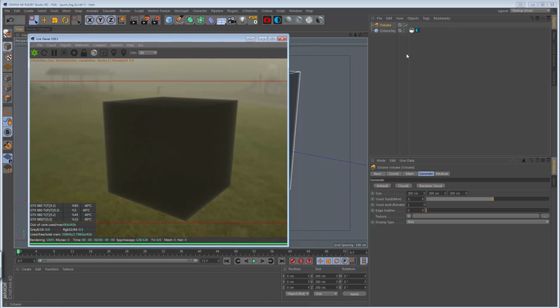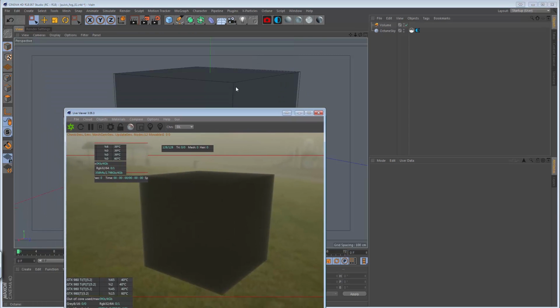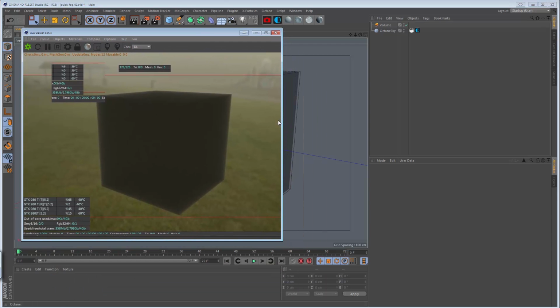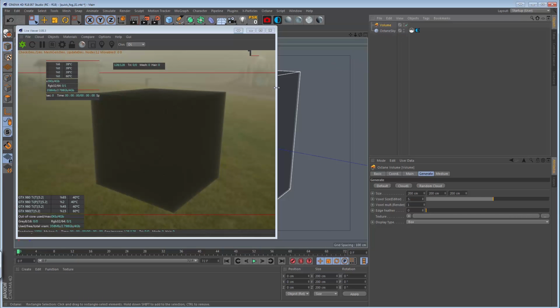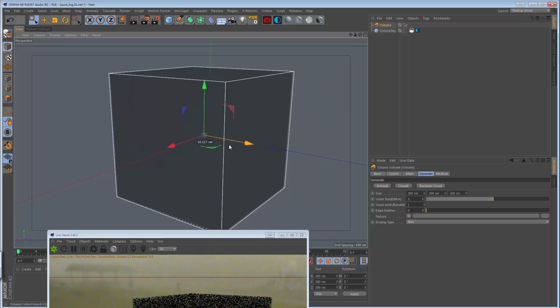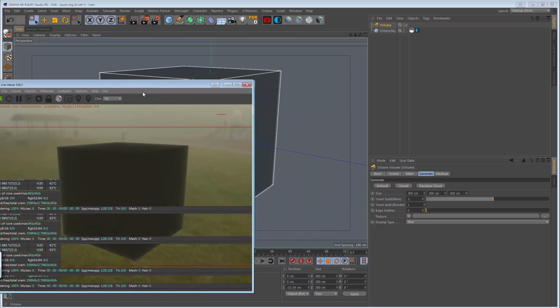Okay, so animating fog, there's no real way of doing it within Octane itself. You can load VDB files, which is a way a lot of people do it. But I was coming up with a lot of different tricks for a project that I was working on where I wanted to actually have the fog animate throughout. And one of the ways is simply just keyframing it slowly on one of the axes. But that's not really,